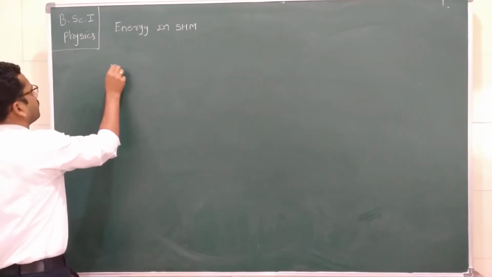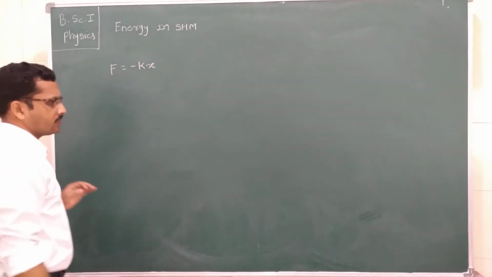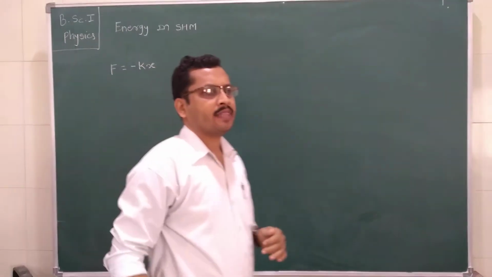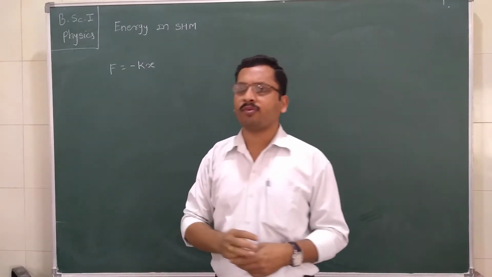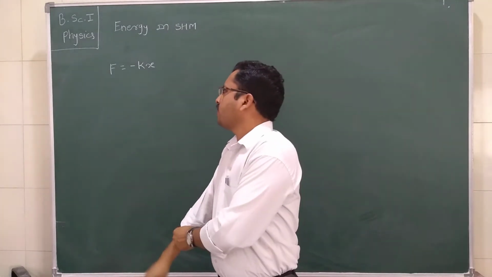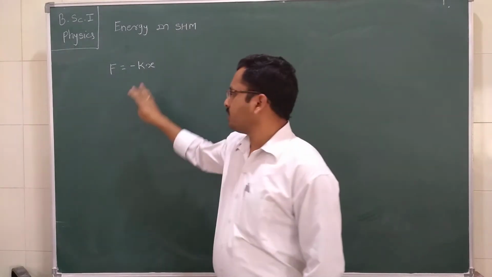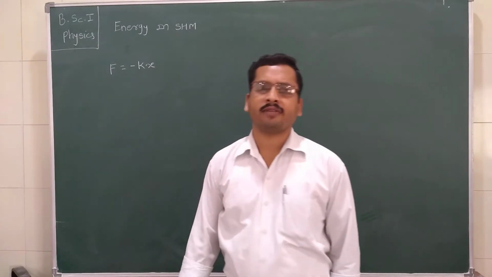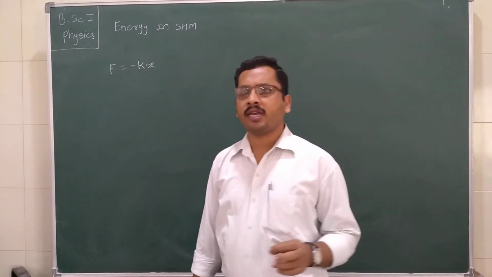that F is equal to minus K multiplied by X, where K is the force constant and X is the displacement, and this force is called the restoring force acting on a body. We know that this force is oppositely directed to the displacement, so there is a minus sign. But consider a small displacement dx,